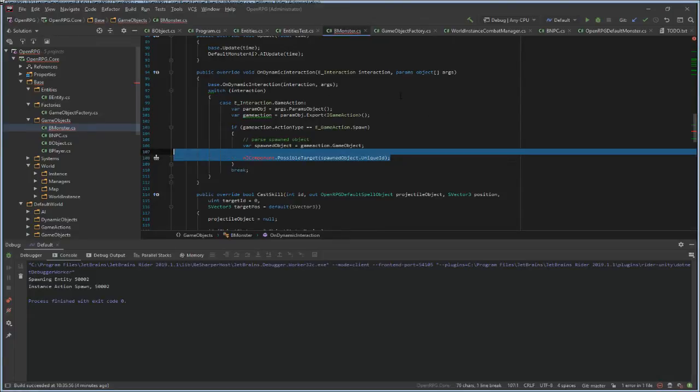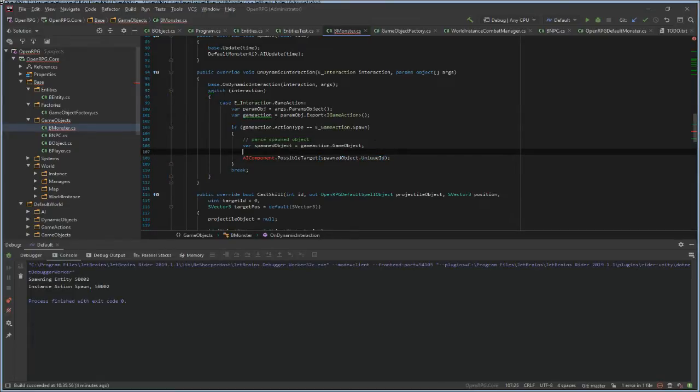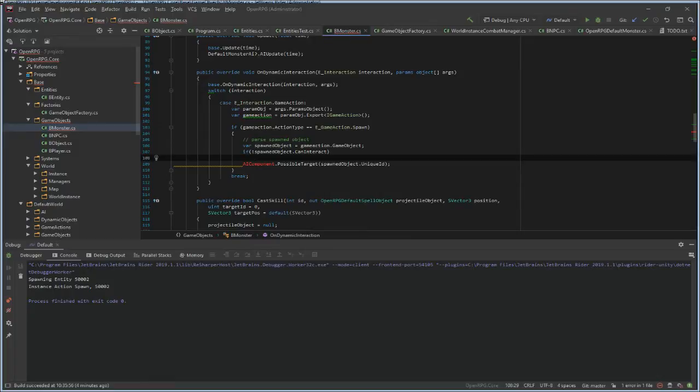Look if it's attacking a target at the moment. If it's not, then it will start following this object. And if this object has some kind of invincibility, this can interact will be false. If we can't interact with this object, we can't attack it, so we go back.